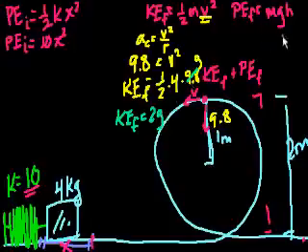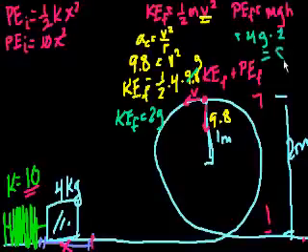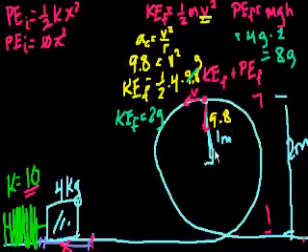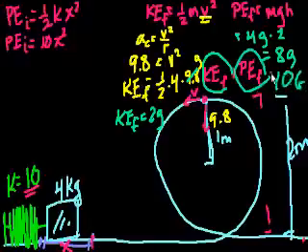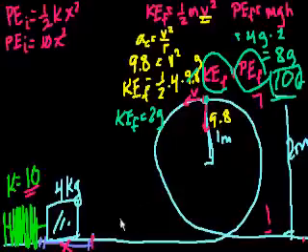And what is the potential energy at this point? Well, it's the mass, which is 4 times g, times the height, which is 2. So it's equal to 8g, right? So what's the total energy at this point? The kinetic energy is 2g, the potential energy is 8g, so the total energy at this point is 10g. So if the total energy at this point is 10g, and we didn't lose any energy